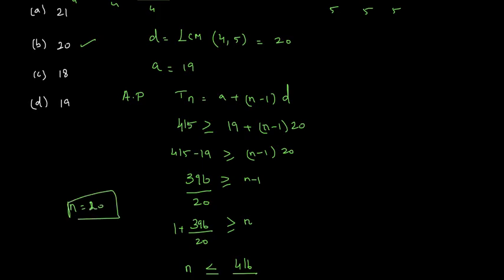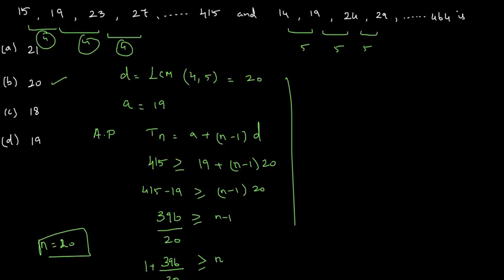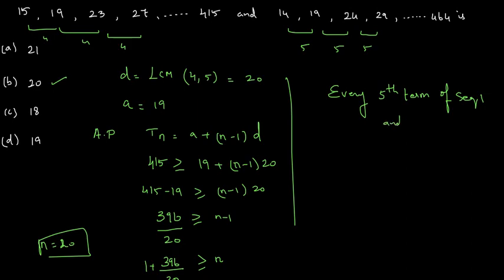Okay. Let's solve in another way. If we see every 20th term, because the LCM is going to be equal, but 20 is the difference. So let's take every fifth term, because 4 into 5 is 20, right? So every fifth term of sequence 1 and every fourth term of sequence 2